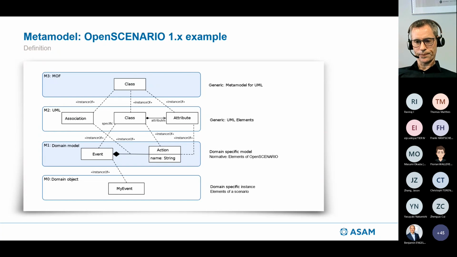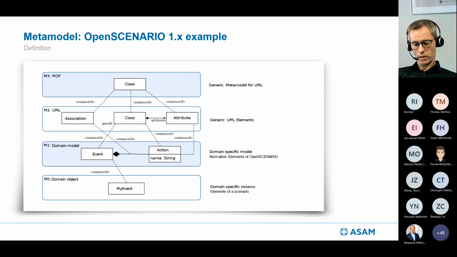So when it comes to meta models, you see on the right at the bottom, you have your domain-specific instance encoded in a specific data format, for example, in XML, and you are specifying a specific scenario where